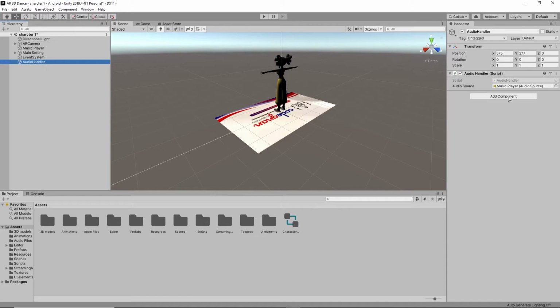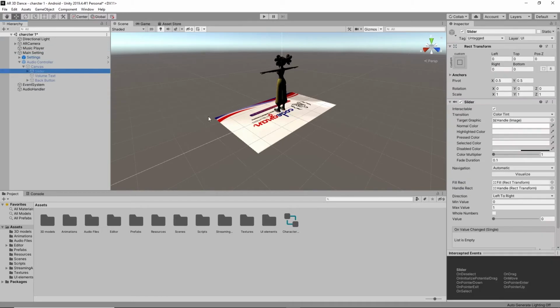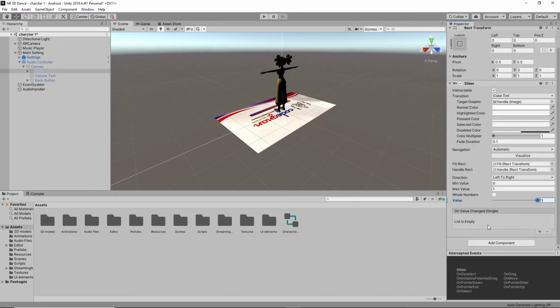Here we declared the audio handler, right? Now get back to the music player here. In this music player, see here we already added a song, right? So make its volume 1, and in the slider, where is the slider? In the audio controller there is a slider. Make its value 1 like this, and we have to give the functionality.